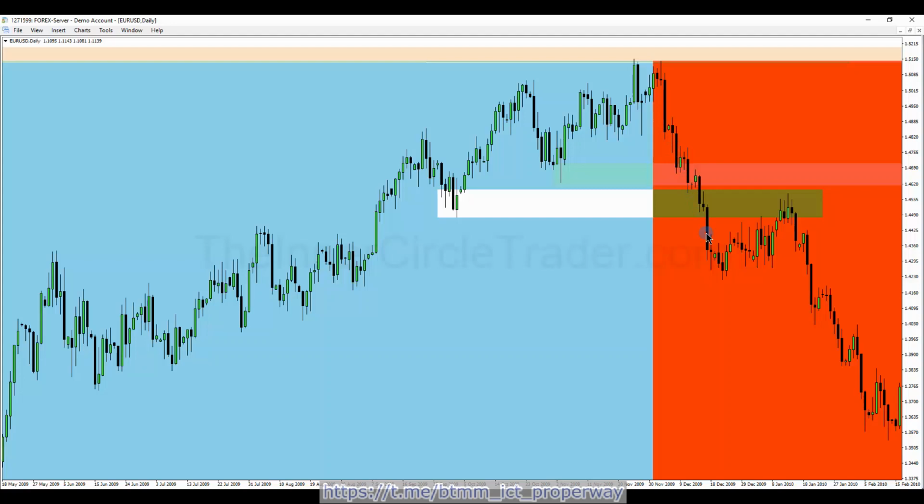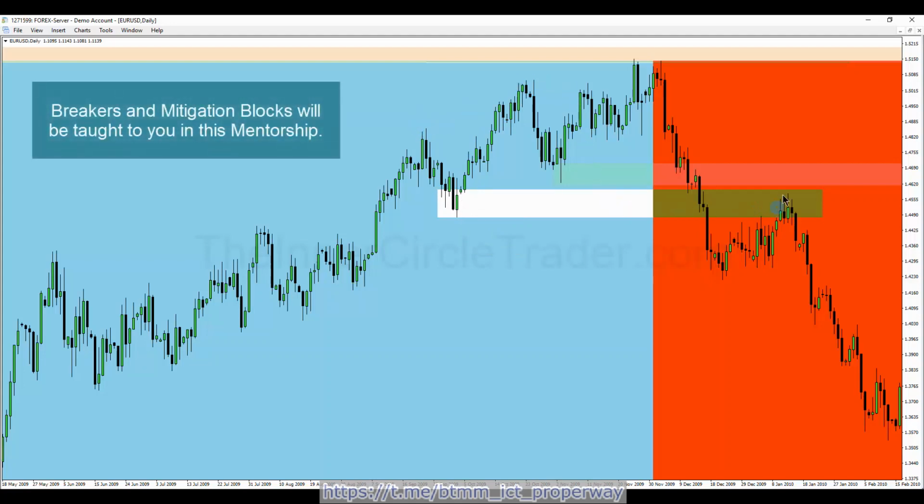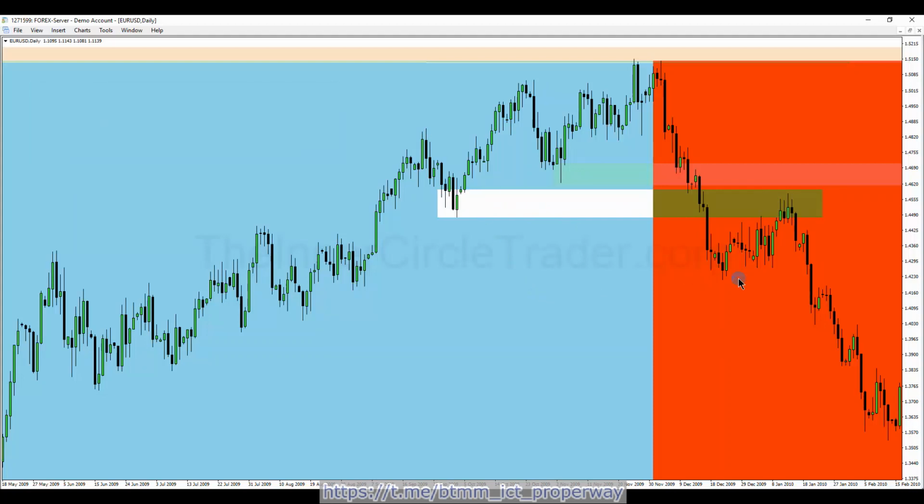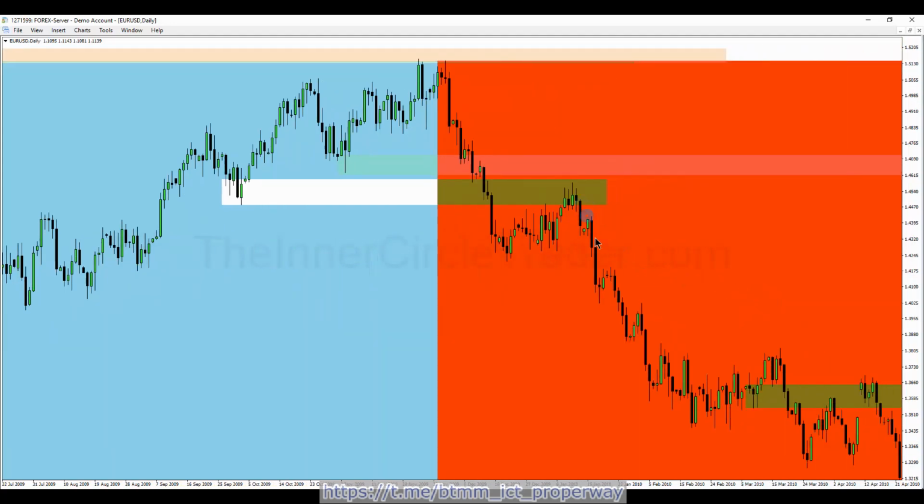When the market creates a return back into a monthly order block here, it becomes a mitigation block on the daily chart, because now we're unwinding what used to be bought here, which is a breaker. What is it breaking? This old high. That's why we're seeing it right here. You can clearly see it happening here on the daily chart, but it was seen on the monthly and on a weekly. All through here